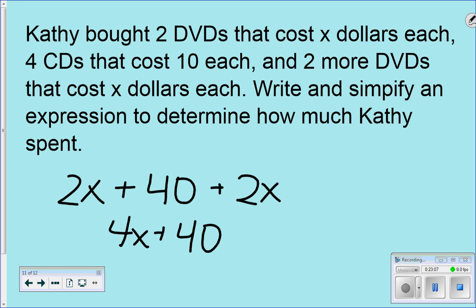It should be simple, but some people don't see it that way. Okay? So take your time. Use your colors in your homework if you want to use your colors. Okay? Your first 3 just ask you to do your terms, your like terms, your coefficients, and your constants. You don't have to solve them. You don't have to simplify. Just do the